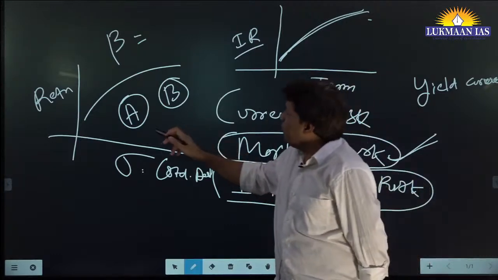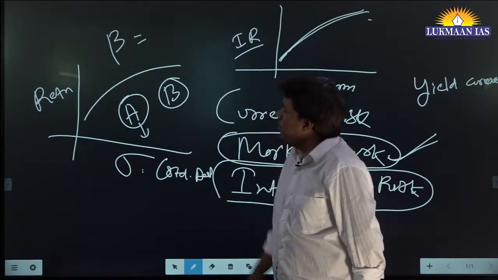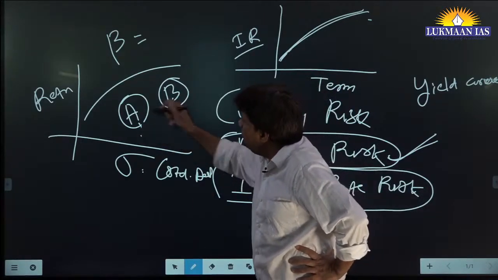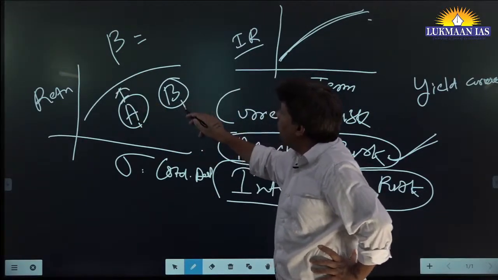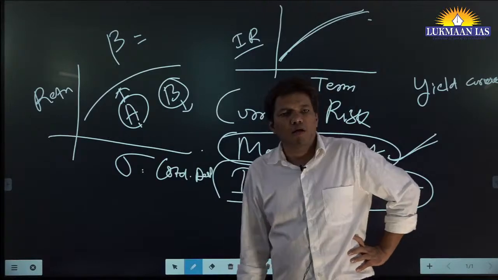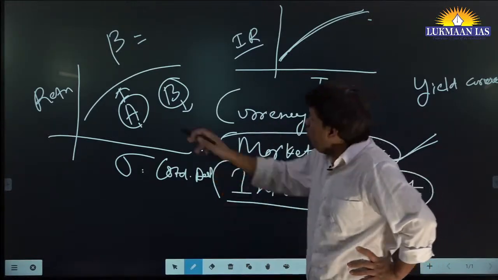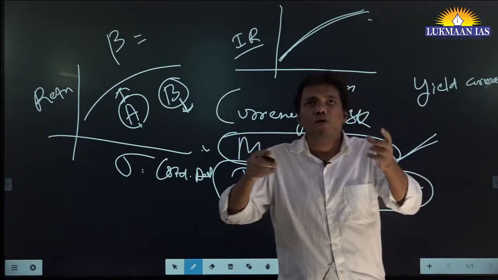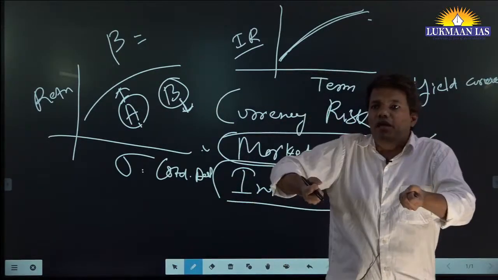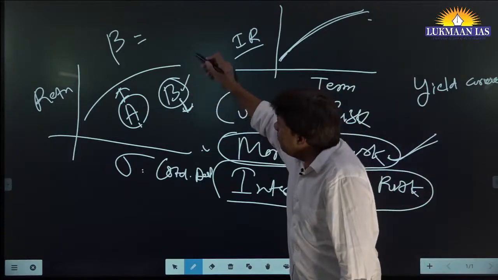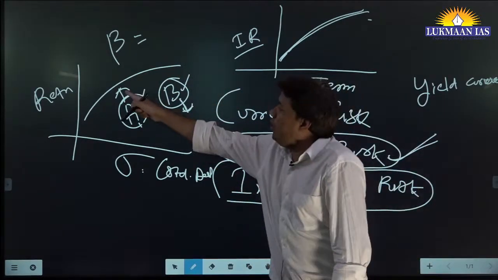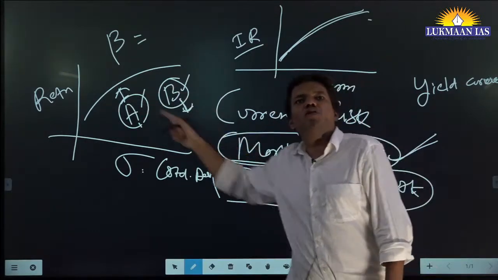Let's say company B is investing in schools. And company A is, let's say, in liquor consumption, tobacco consumption. So if company A is going up, this will go down. You understand this part? So what I am doing, I am investing my money, some part in this and some part in this. So I know if this thing goes up, this thing will come down, or if this comes down, this will go up.